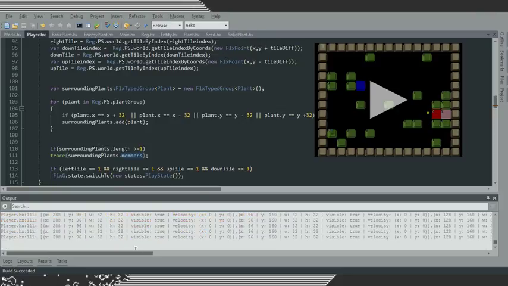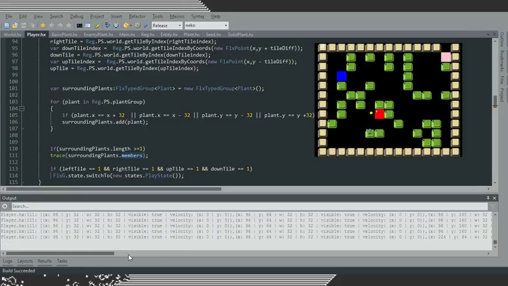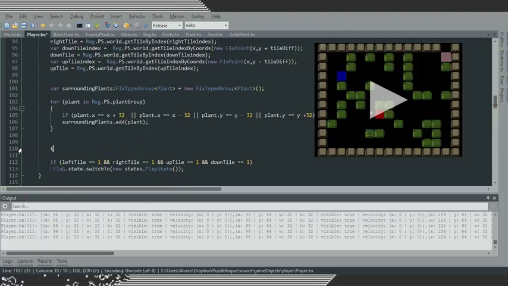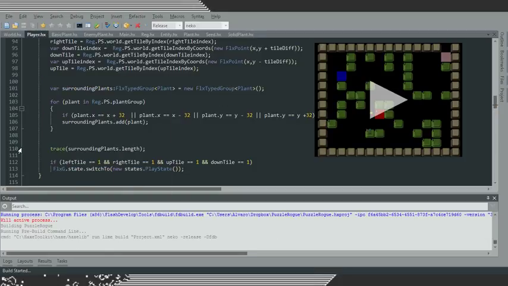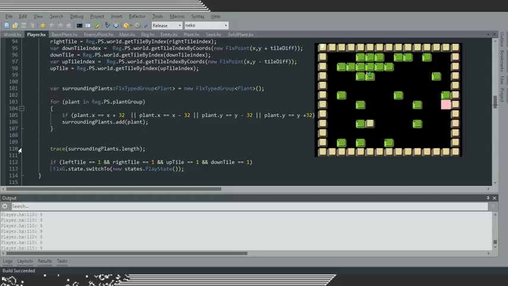So right here, what does it say? It says that there's a few plants. For now, I'm gonna do trace surrounding plants dot length. There's 8 surrounding plants, it says. 12, 10, 9. In reality, right now, there should only be 1, because there's only this one right here